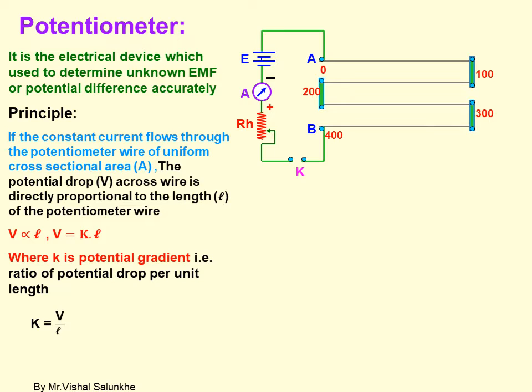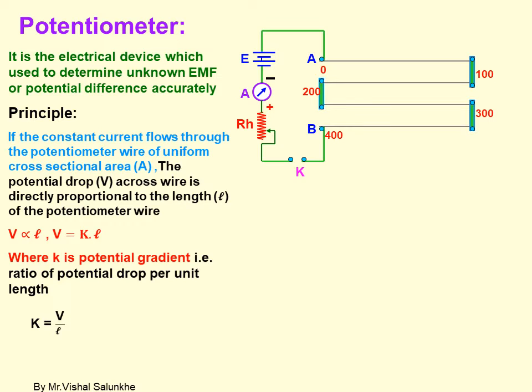So my dear student, it consists of 4-meter long manganese wire which is placed on a wooden board, parallel to each other, and each piece is having length 1 meter, that is 100 centimeter, and these all 4 parallel pieces are connected in series with the help of 3 metallic strips. Here you can see 1, 2 and 3. These are the 3 metallic strips which connect the separate pieces of 1 meter each into one long 4-meter wire, that is 400 centimeter wire. Here we can see, A to B is nothing but the 4 meter, that is 400 centimeter wire.